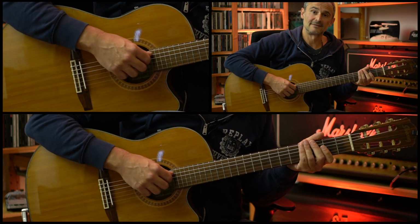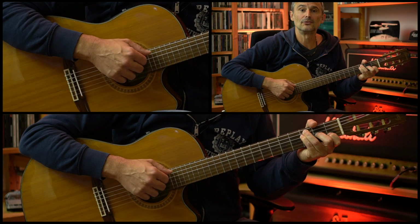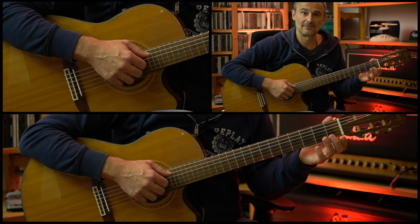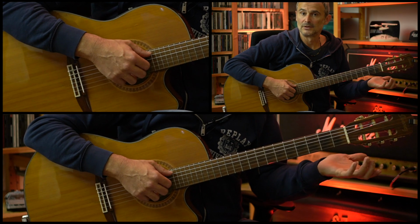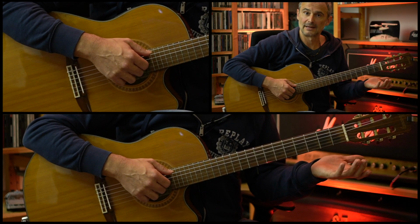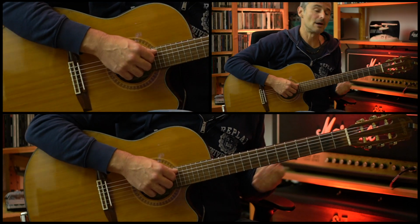The complete second bar, 1 and 2 and 3 and 4 and. You can pick all the notes in this chromatic line, or you can do a hammer-on to the third fret and then go to the open B string. So the complete 2-bar pattern,